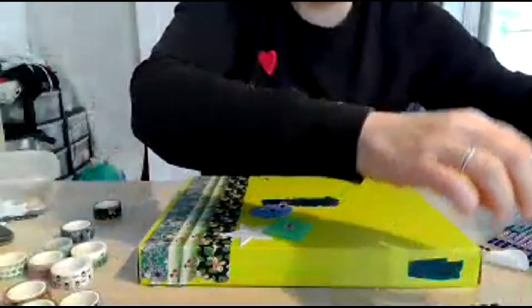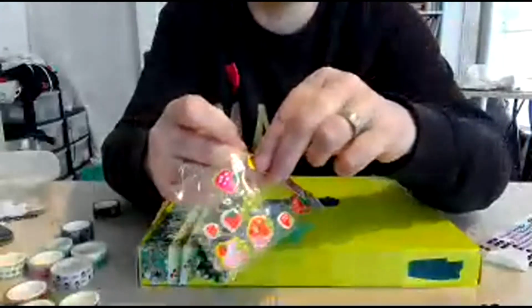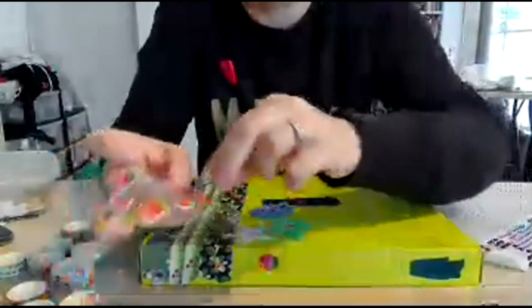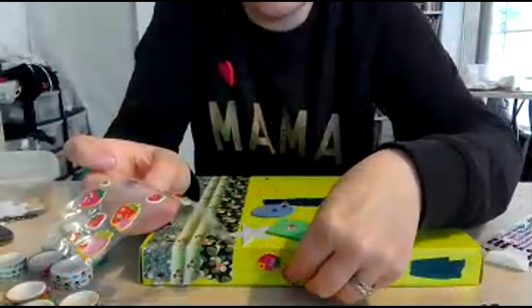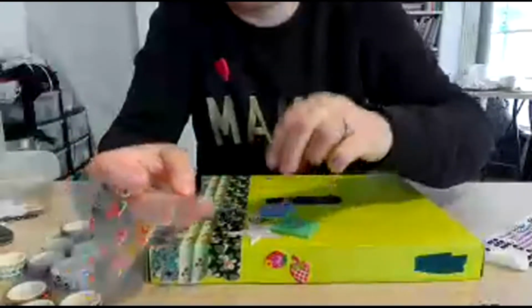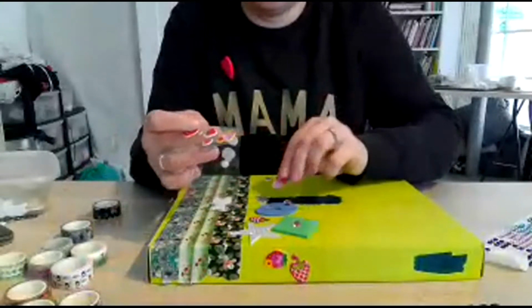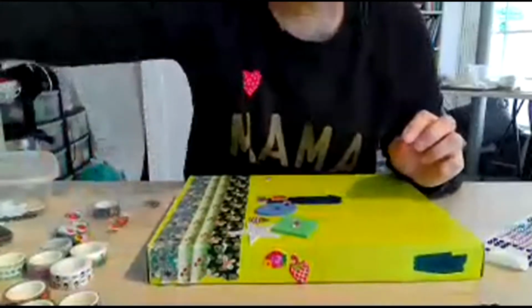Like that. And then I have these really cute ones with strawberries. I really like those. Those are fun. Make sure you go all around. And this is a nice box because it's got a green background. So it's already done a bit of the job for me. But if you had one of these,